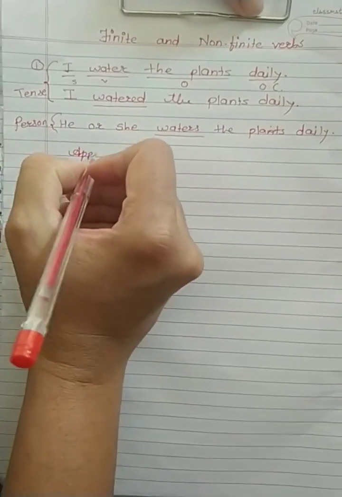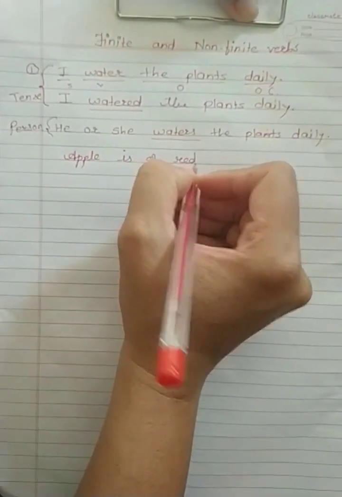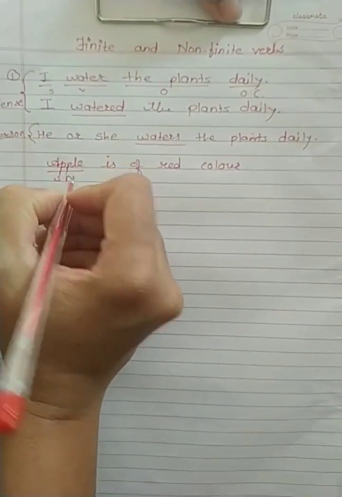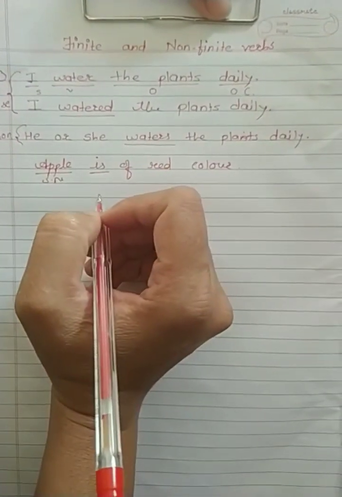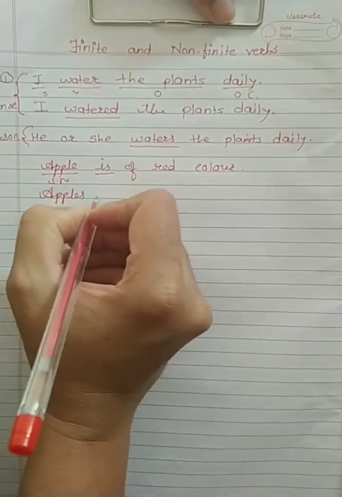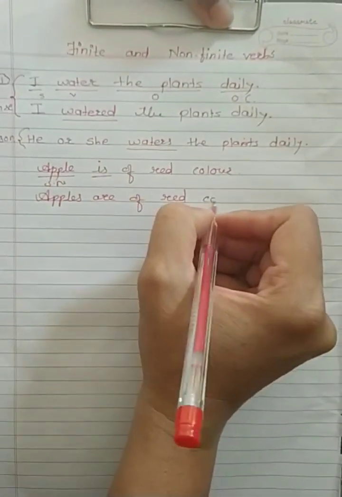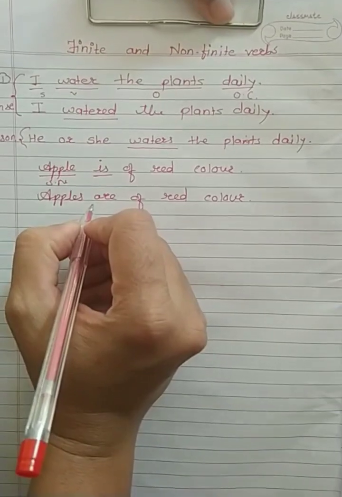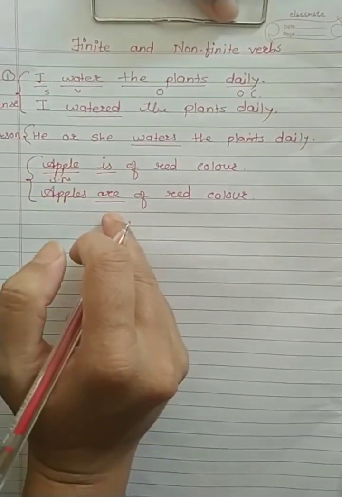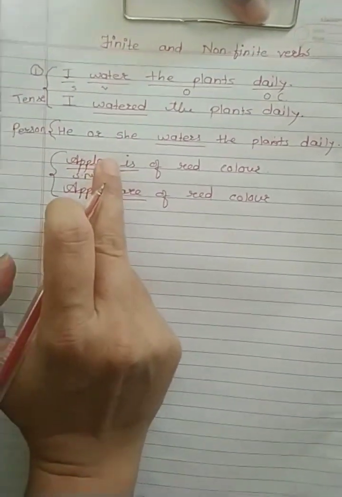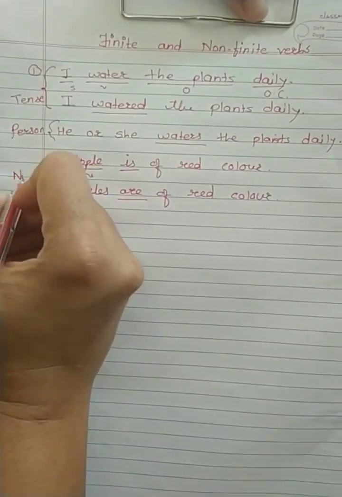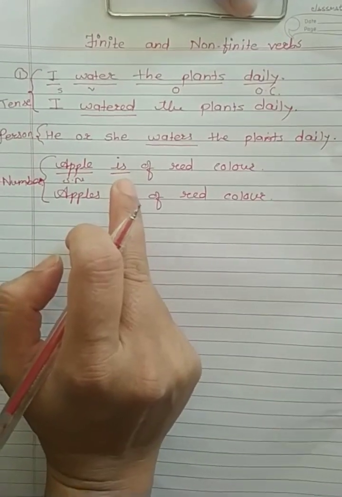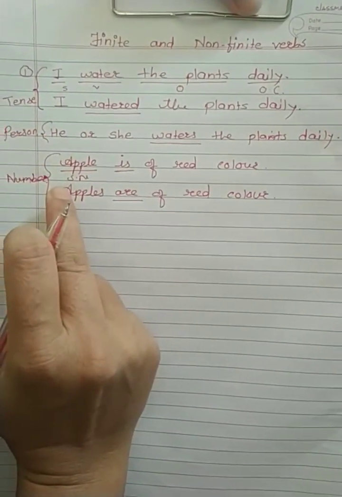Apple is of red color. Apple is a singular noun, so the verb is also singular. If I say apples are of red color, the apples subject is plural, so the verb is also plural. Here the verb is changing as the subject is singular or plural. That is number. If there is change in the verb as per tense, person and number, those verbs are called